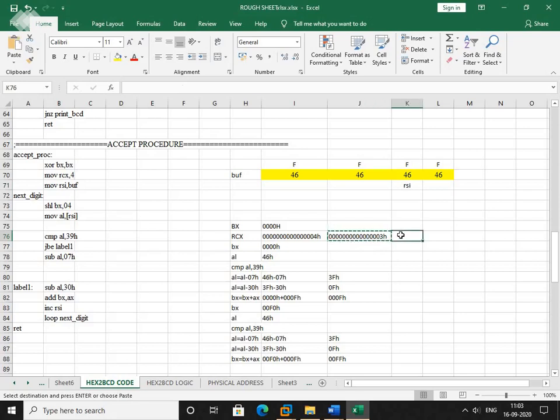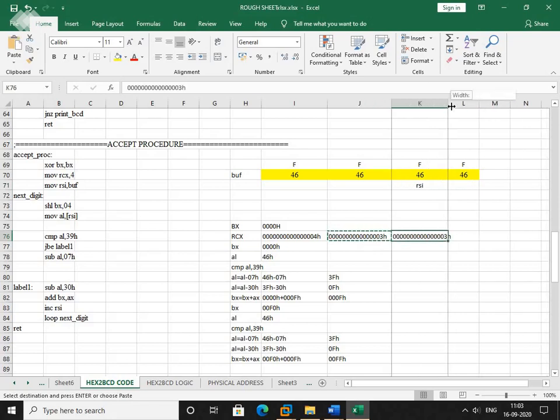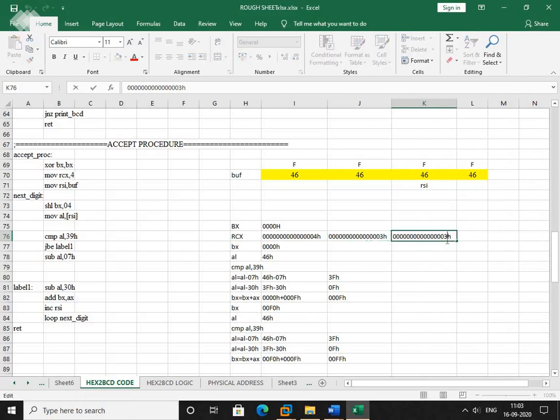RCX will get decremented. In the previous code we had written the decrement RCX instruction, but here I have used a loop instruction. What is the purpose of this loop instruction?